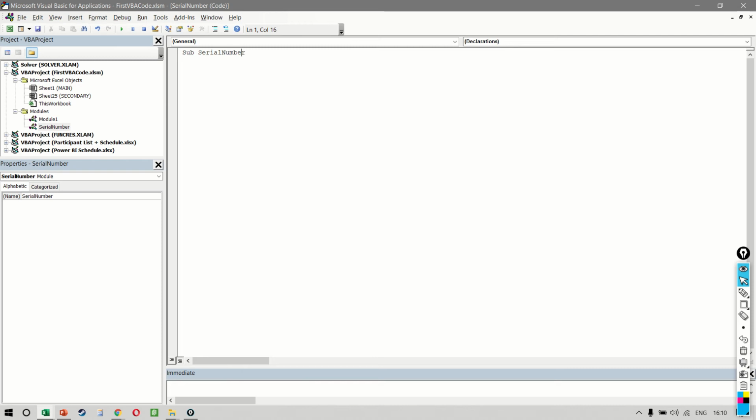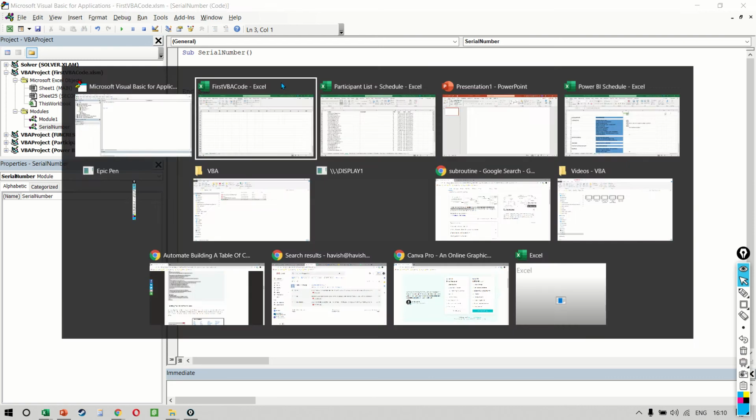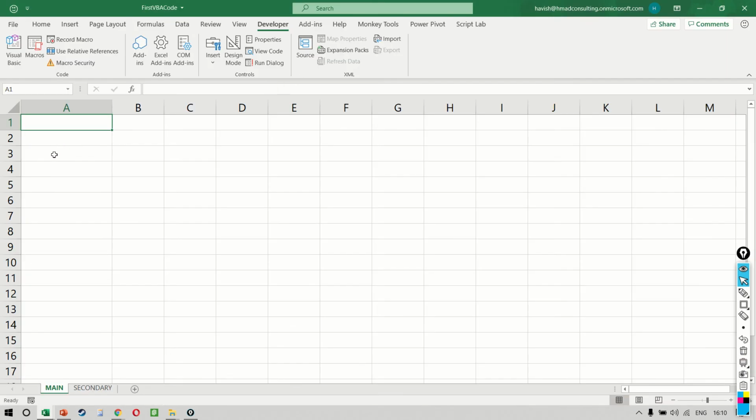And we will keep it very simple in the beginning. We will say that we want numbers from 1 to 5 to come in A1, A2, A3, A4, and A5. Which means that in 1 comma 1, which means first row and first column, I want 1.